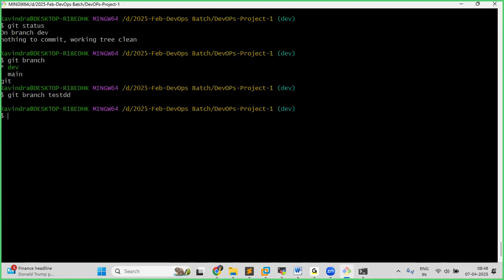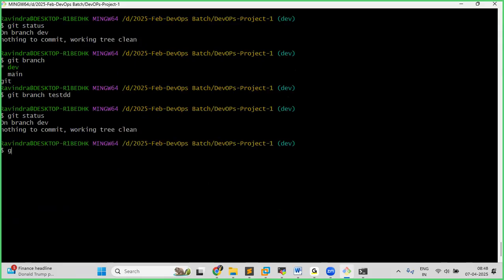Okay, the test branch, now I have created. Okay guys, git branch. While creating that branch, I made a mistake, a spelling mistake or something like that. Now I want to rename that branch, or modify the branch name. Git branch followed by the branch name is for creating a new branch. If you want to modify the branch, yes,